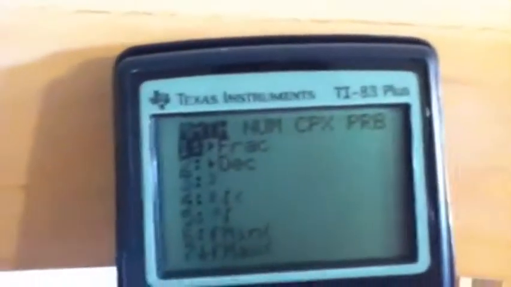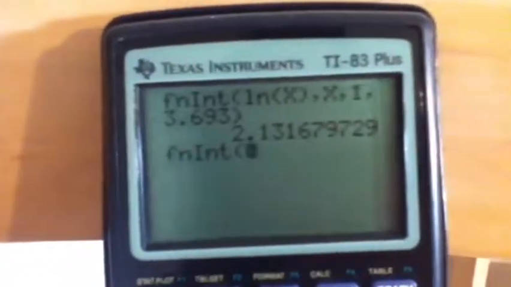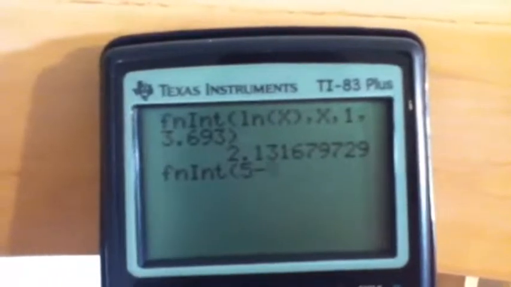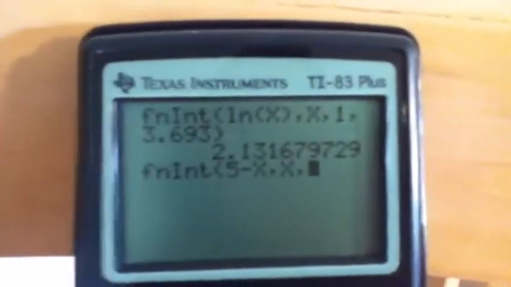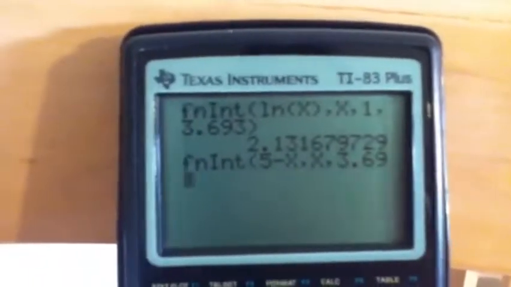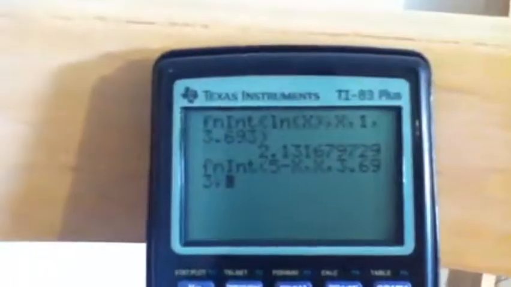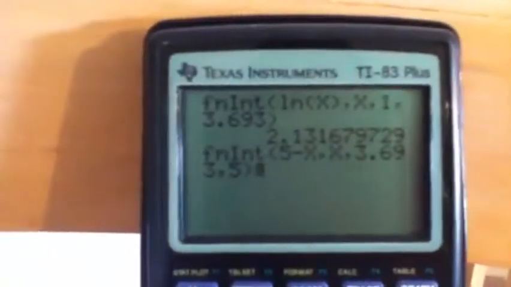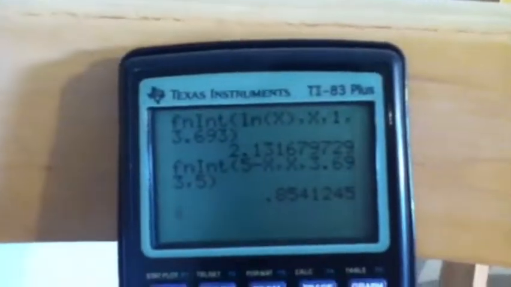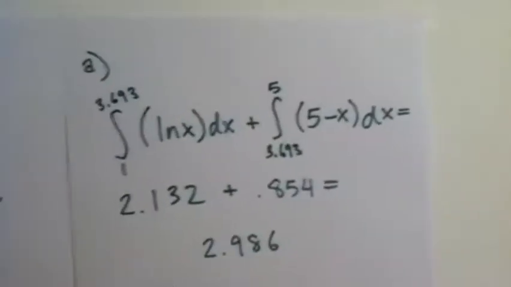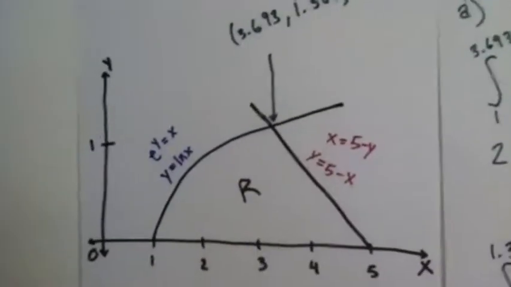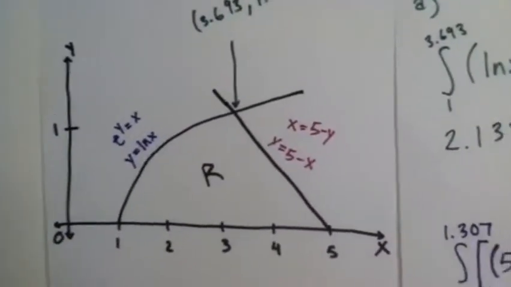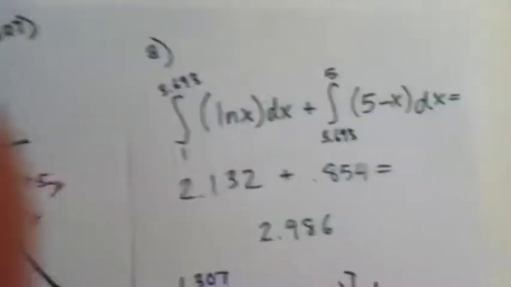And now for the other integral, you do Math 9, and you input the function, which is 5 minus x, with respect to x, from 3.693 to 5, close parentheses, and that equals 0.854. And now you add those two areas up, and you find the total area below the two functions, which is the area of the region R, and that equals